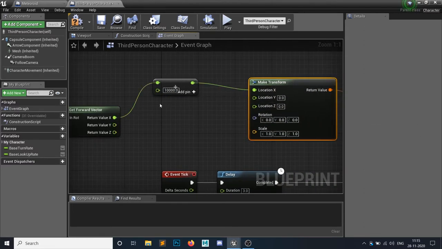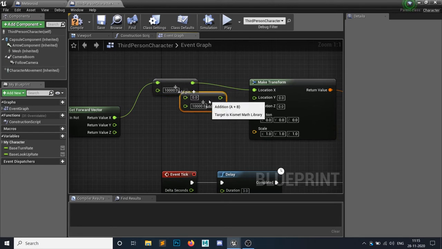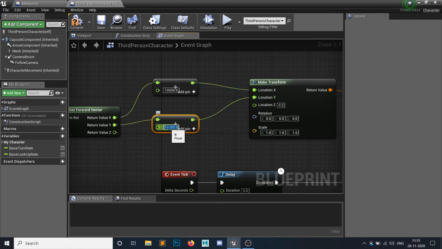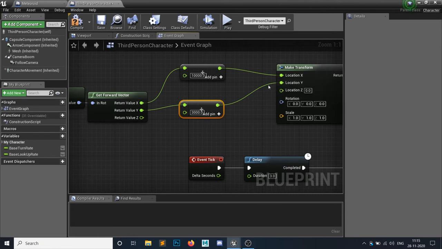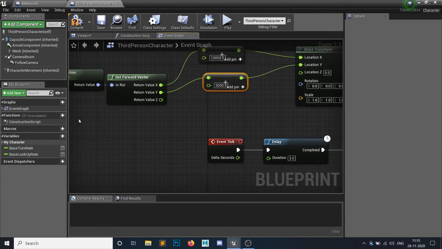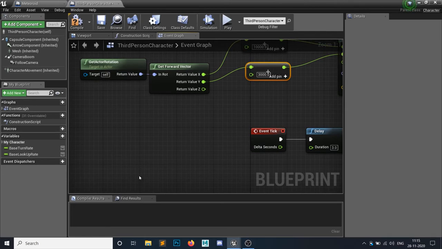The Y would be, okay, control W to get that. Y would be X of Y of 3000. This is your starting point, so you can set it to whatever you want. And the Z, so Z is from whatever the location of your character is plus upwards.